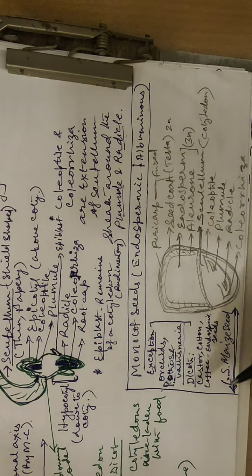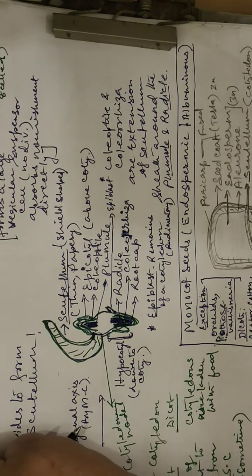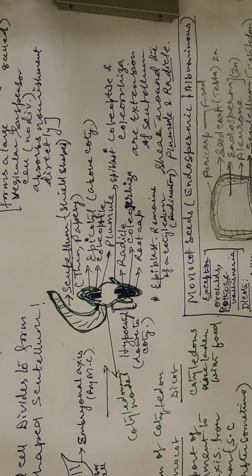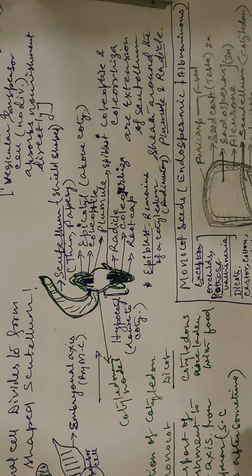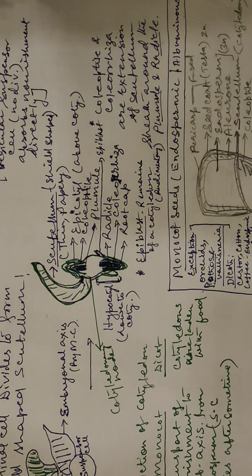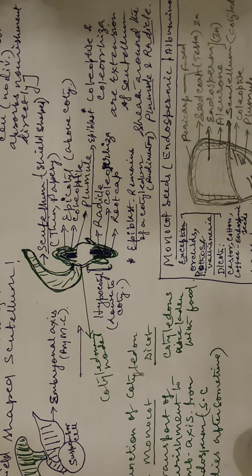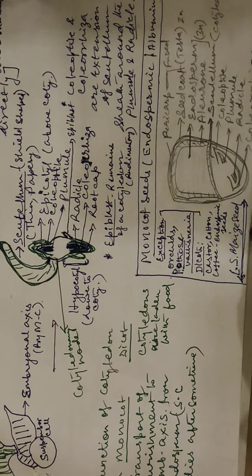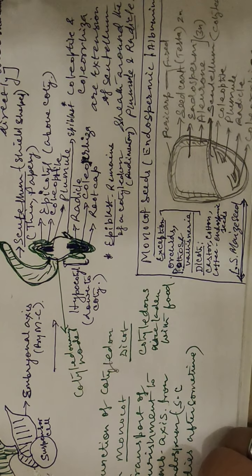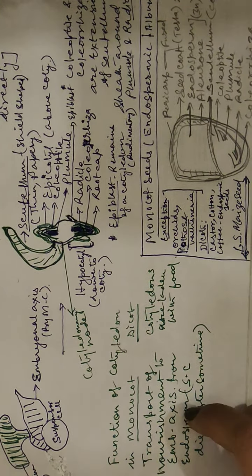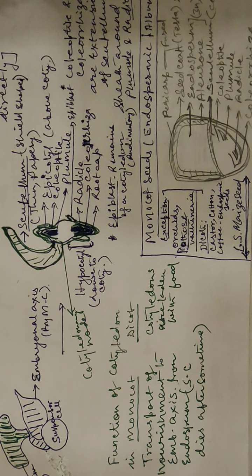And with this we come to the end of this video lecture, in which you have learned about monocot embryogeny. The diagrams you can see, and you can take a screenshot, and then you should try to make the diagrams on your own and practice. Take the help of the NCERT book or any other book, because these diagrams are very common and universal. So you can always see from any book and practice.